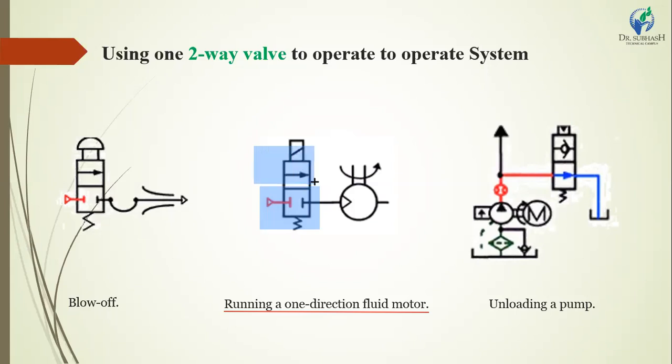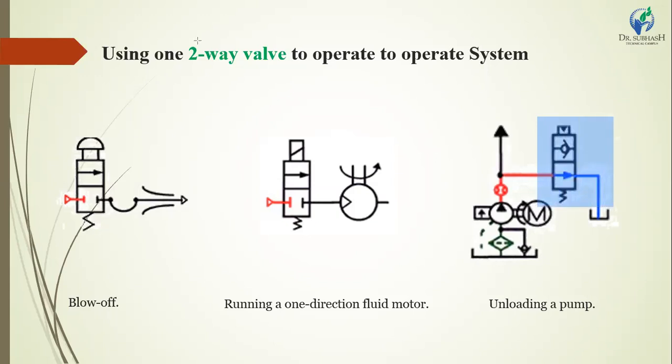In the secondary condition, we attach it so the oil passes from the 2 by 2 direction control valve to the hydraulic motor, which converts the hydraulic pressure into rotary motion. The third condition is that we show this portion as the HPP, hydraulic power pack. We have to attach a 2 by 2 DCV in a parallel connection to the hydraulic circuit. If you require to stop the hydraulic system, we can remove hydraulic oil from the hydraulic circuit using the 2 by 2 valve. Here we have to attach one 2 by 2 valve.